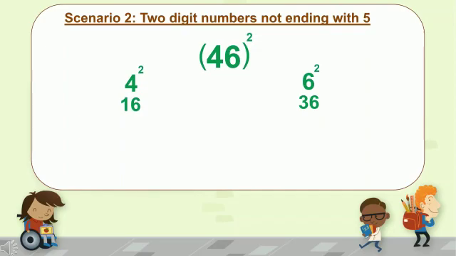Now we come back to number 46. Multiply 4 and 6, that is 4 sixes are 24. Again multiply 24 by 2, that is equal to 48. Write this 48 below 1636, leaving the ones place digit. Always leave the ones place as shown in the screen. Now we add this up and the result is the square of 46.